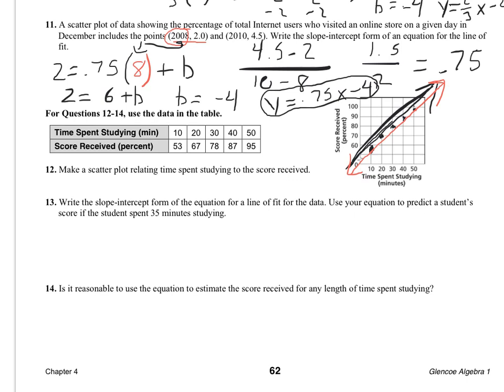Okay, now let me just use a couple coordinates here. It looks like I'm going to use this one because that's one of the points that I went through. And I'm also going to use this coordinate right there that's slightly below this 10, 53. I'm just going to call the second point 10, 50, just for the number's sake. So I'm going to make an equation here. And if I'm going to use the first one of 50, 95,